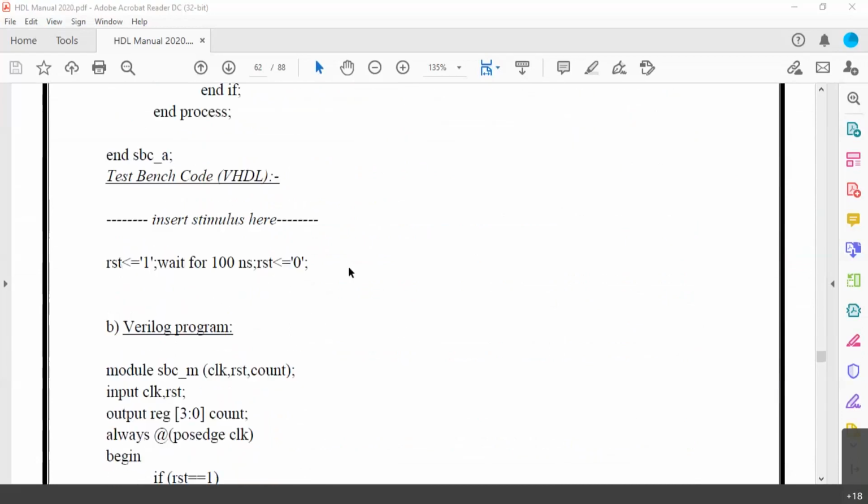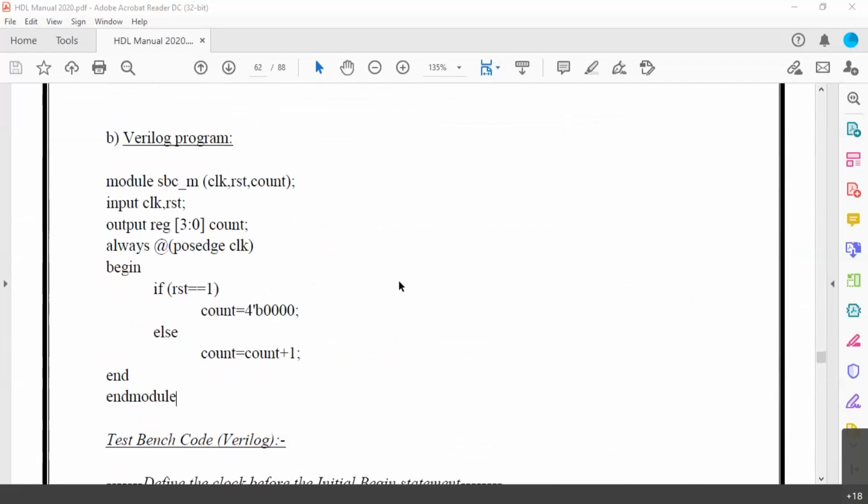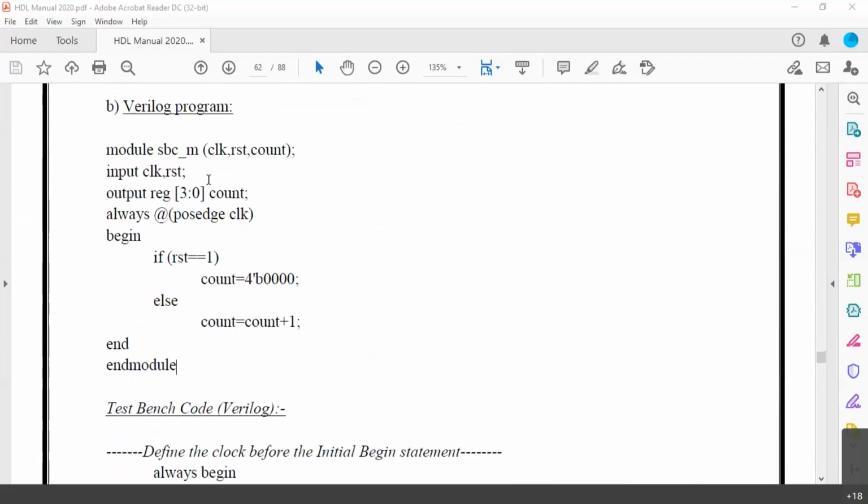Now there is a test bench code in VHDL. Let us come to the Verilog program. Module synchronous binary counter, where clock, reset and count, three IO signals, are declared. Clock and reset are input, output is a register, 4-bit count.